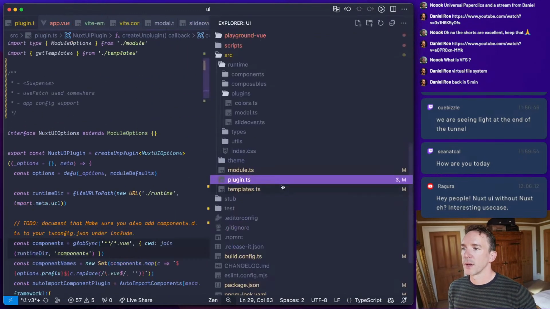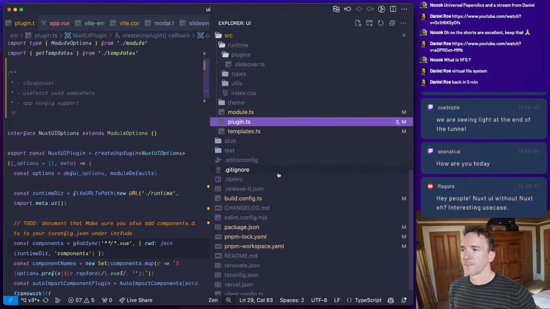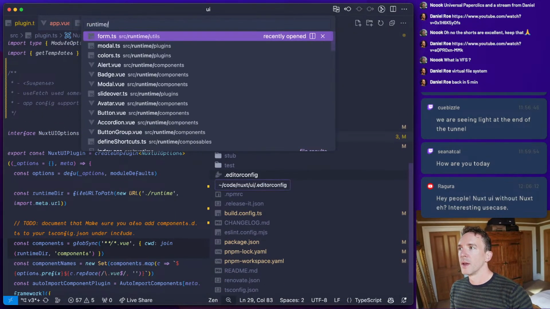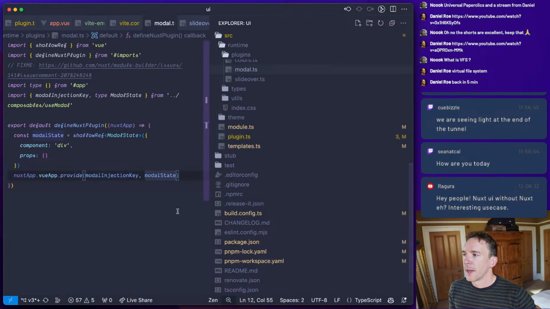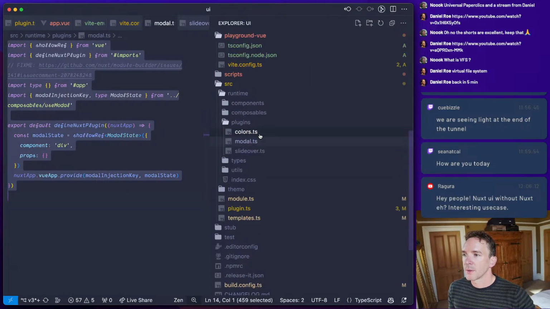I'm just going to manually do these plugins for now, because I'm trying to think whether we effectively want Nuxt UI to have its own Vue plugin that the user has to call, and that might be the best way to do it, right? That might be the best way to do it. But for now, we have our plugins, and so we'll just copy that out.